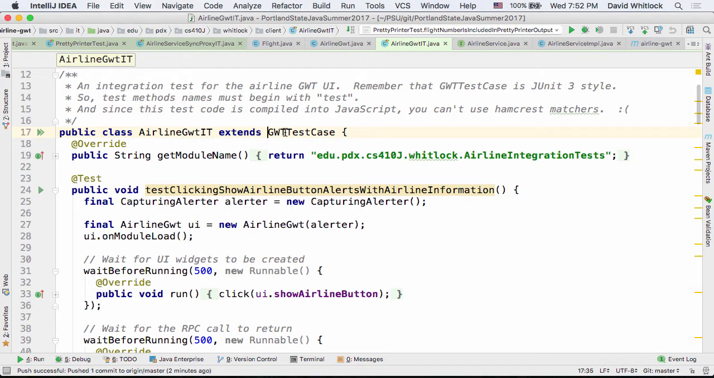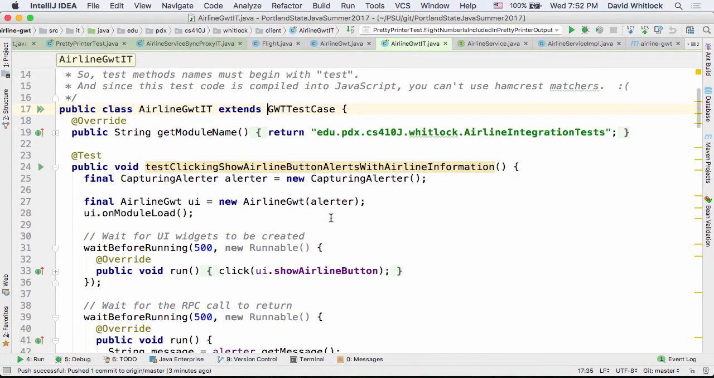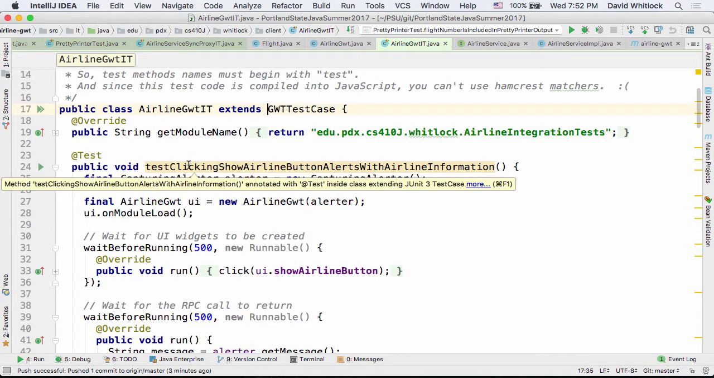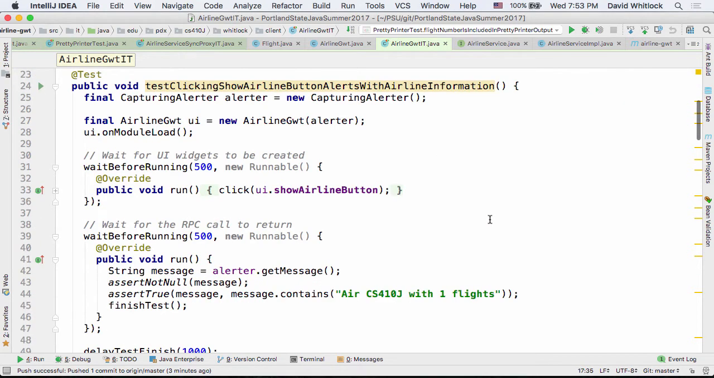It's something that will provide all of the DOM APIs and all of the stuff like that that will then let your code essentially run inside that environment. And so here is an example that basically says, hey, when I click the Show Airline button, it pops up an alert with airline information. It uses